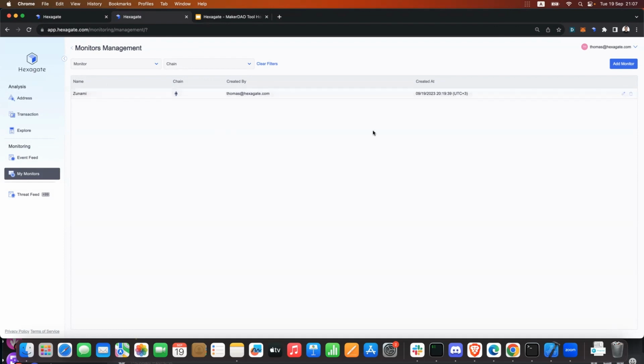monitors, for example, and when you define monitors, all you need to do is to provide the alerts and where you want to get those alerts in. And that can, as mentioned, be Slack, Telegram, webhook, and so on. From that point on, you will get those alerts in real time, both in the channels that you configure and also in the event feed.